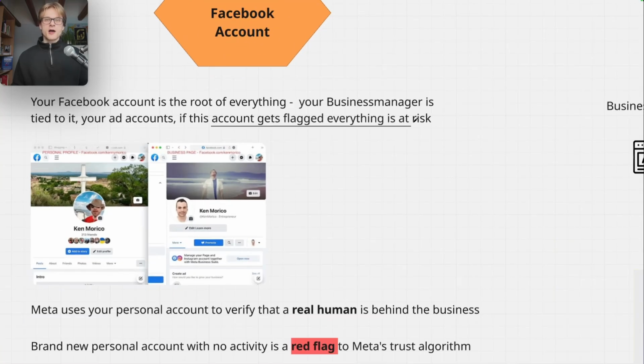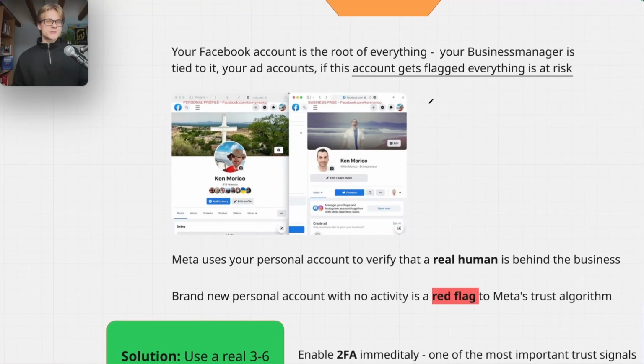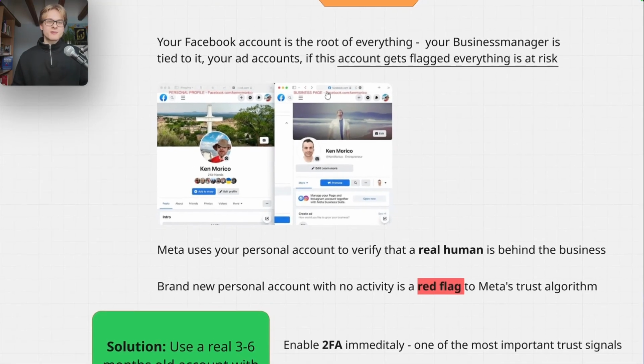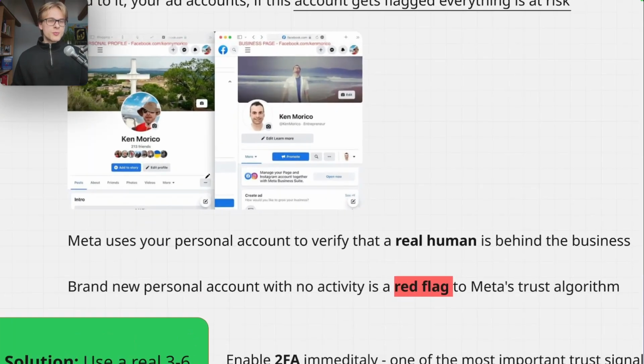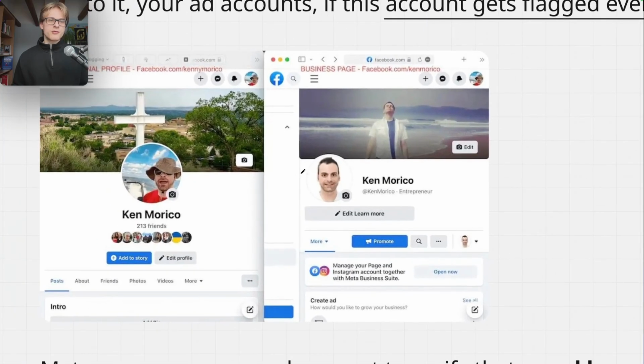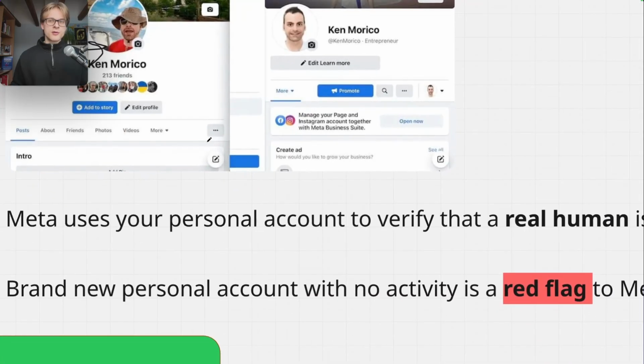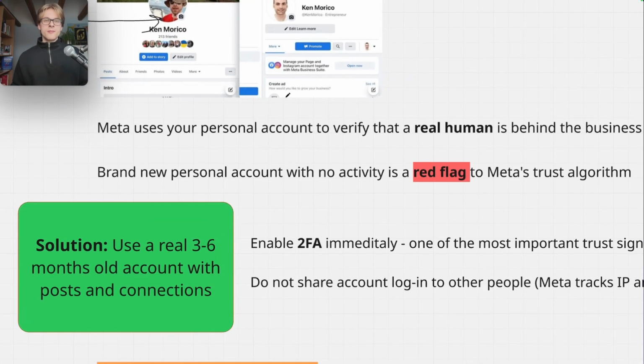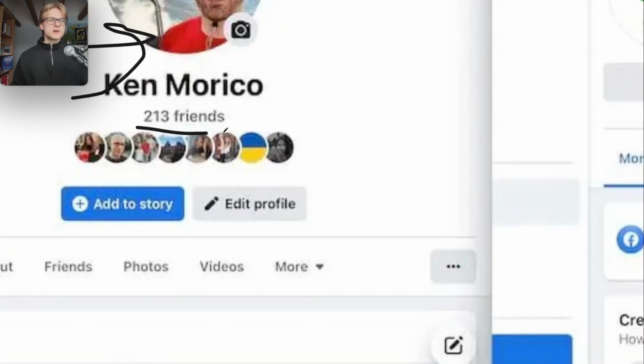And this happened to us one time. Okay, so business manager was down, our ad account was down, the pixel was down, every single thing. Meta uses your personal account to verify that a real human is behind it. Well, we see this guy, for example, Ken Morico, right? Seems like a pretty normal dude, right? And a brand new personal account with no activity. For example, this guy has 200 friends. Oh, this is a good account.